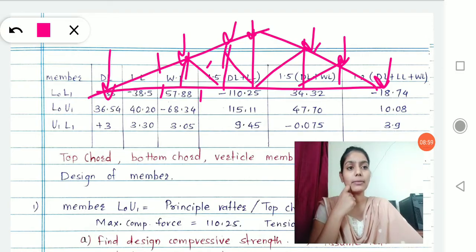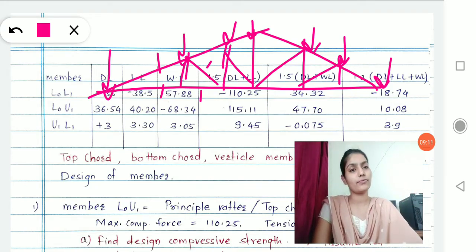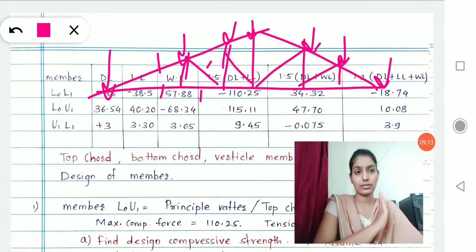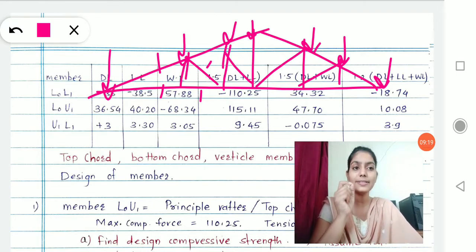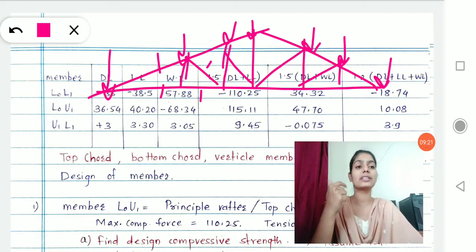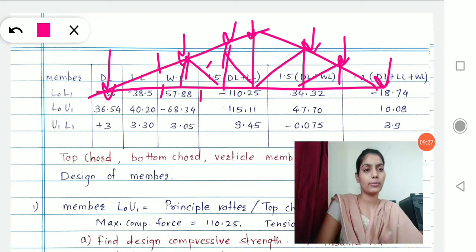That's how your thinking must be. No, you are supposed to design only one member, and the section you have chosen for the designing purpose, you repeat that section in every member of the vertical direction, or every member in the bottom direction. Whatever section you have chosen and whatever section satisfied the conditions, that section is repeated for every other bottom member.